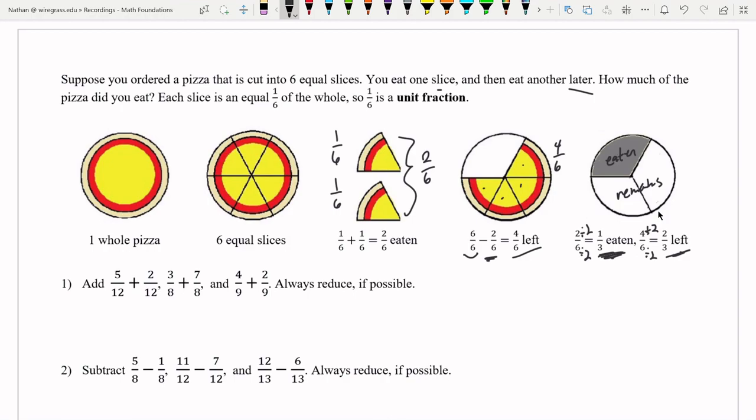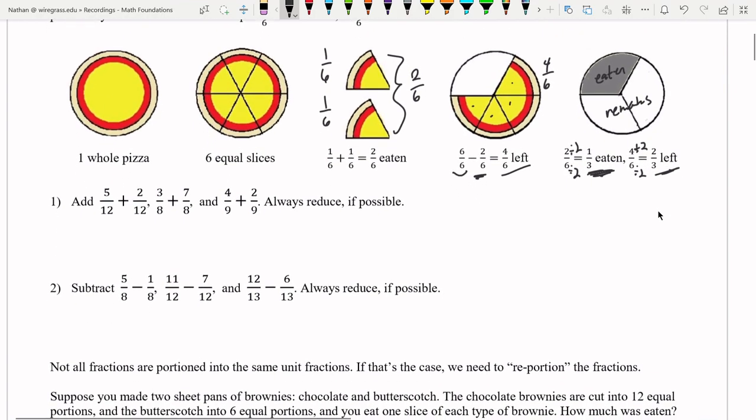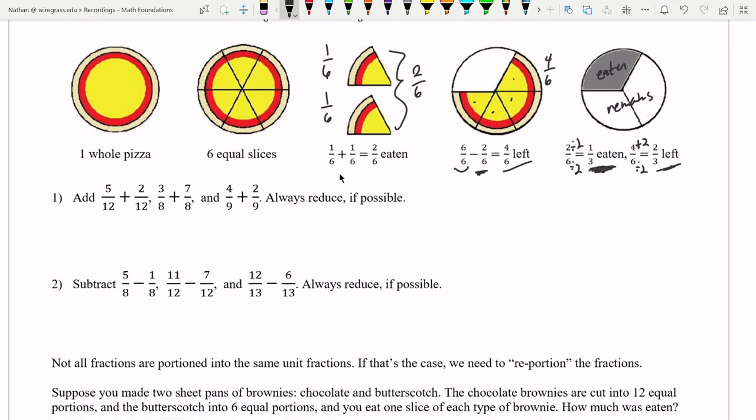Okay, we can use this process for any kind of addition. You can see that really what we're doing here is we're just counting up these unit fractions in this case, but really we're just counting up the individual slices. Here we're going to have 5/12 and 2/12. Well, if we have 5/12, think like a pizza that's cut into 12ths. If 5/12 were eaten and then 2 more were eaten, that means in total